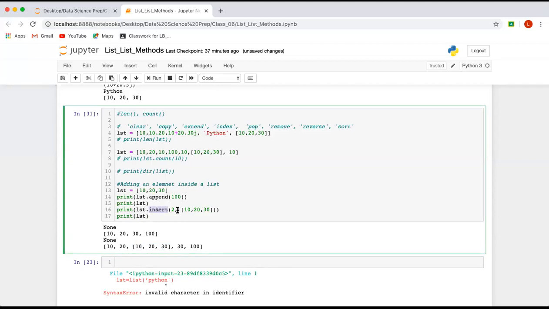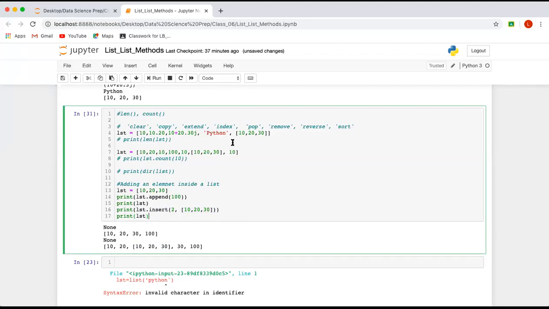How can you do it? Using the insert method, first you need to pass an index, and then the element which you want to add as the second argument. So insert method takes 2 arguments, and it also returns None. If you print this, it returns None. But if you want to check whether this element is added at this position or not, you can print lst and it will show you the output like this. Okay, clear? Is it clear for everyone?